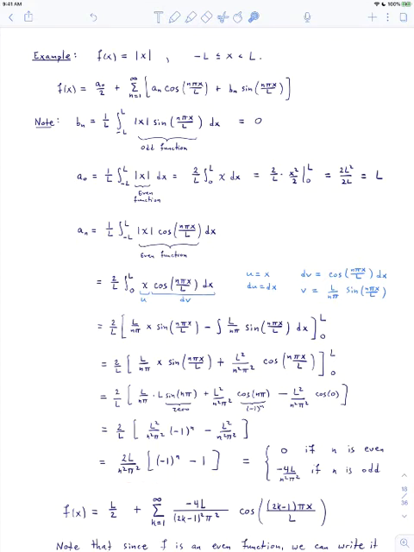So this term is equal to 0 if n is even, because if n is even, then (-1)^n is 1, so this term will go away. On the other hand, if n is odd, then this becomes minus 1 minus 1, which is minus 2. So you get minus 2 times 2, which is negative 4L over n squared pi squared. That means we can disregard all of the terms where n is even, and you just end up with